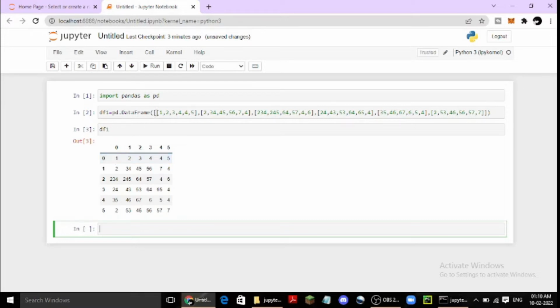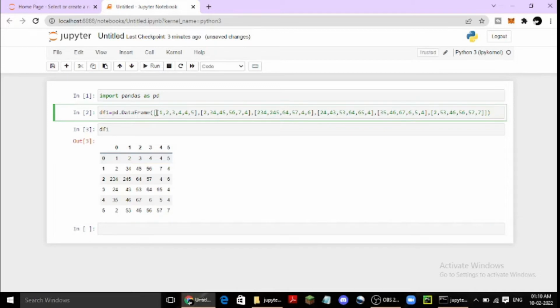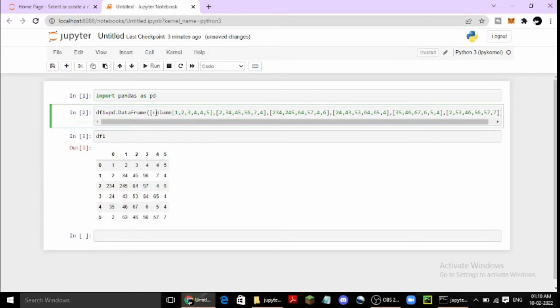All I have to do is add columns equals to, and there are 6 columns, so let us just add